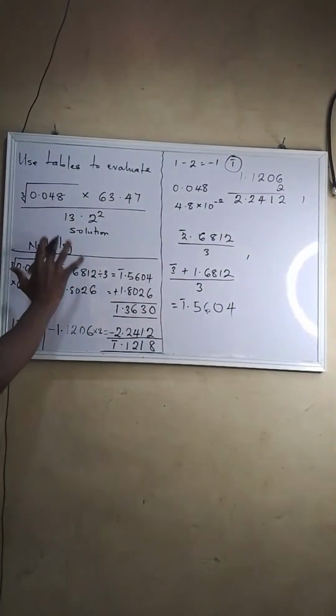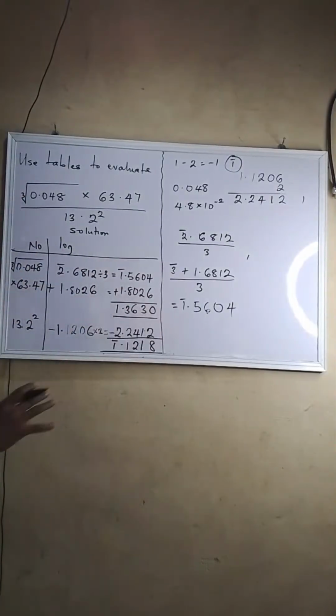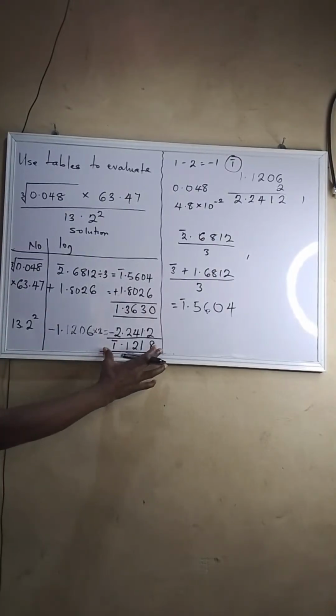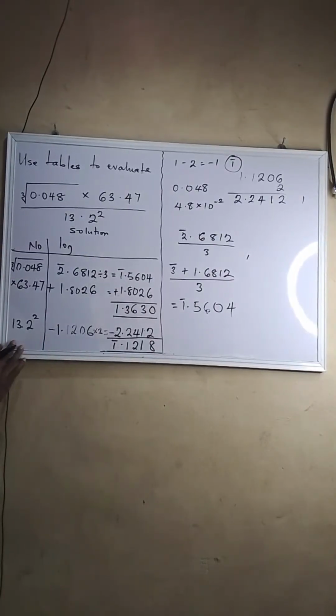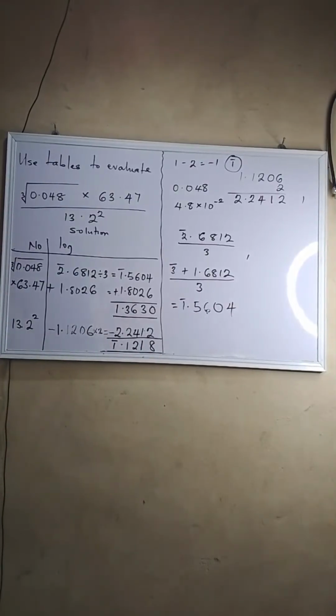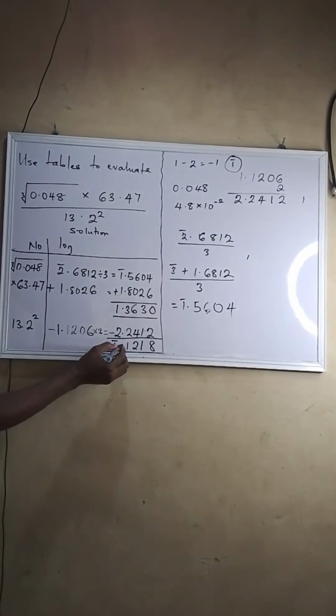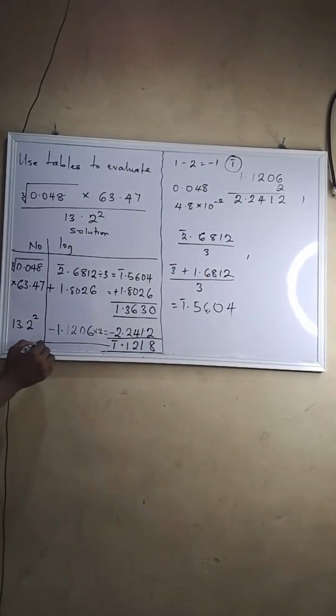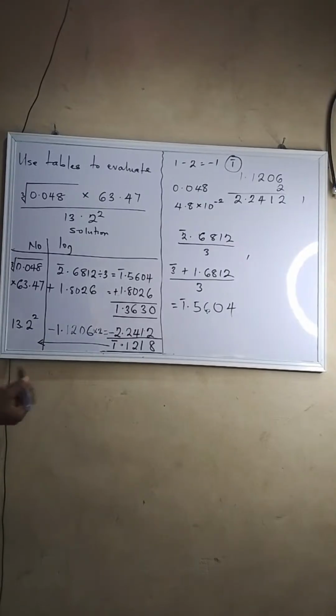So now we have done the evaluation in the logarithmic form. So now we change this logarithmic value to number. Alright? So we change it back to number. So we are going to be making use of our anti-logarithms table. Okay, so now let's look at it. So we change it back to number. So let's see, what do we have? So how do we check that on our anti-log table? So we check